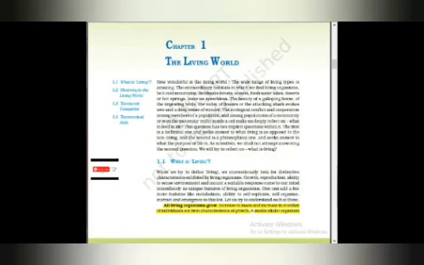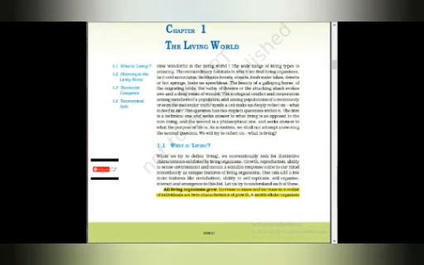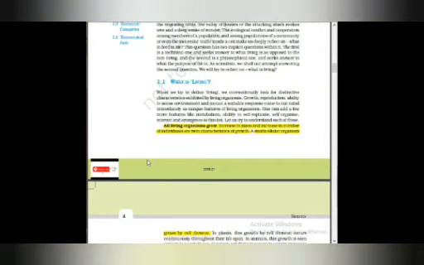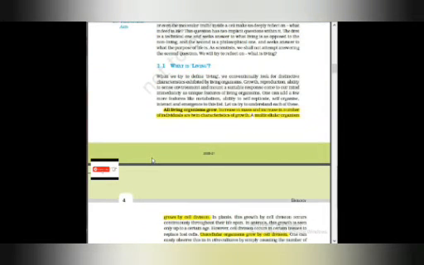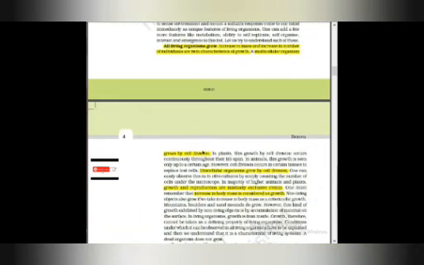And here we start the living world unit. I will show you the highlighted points that are important regarding NEET 2021. So what are these points? First point is that all living organisms grow. Increase in mass and increase in number of individuals are twin characteristics of growth. A multicellular organism grows by cell division.